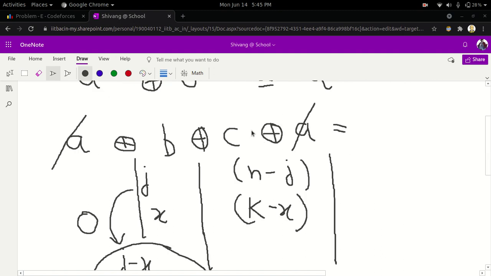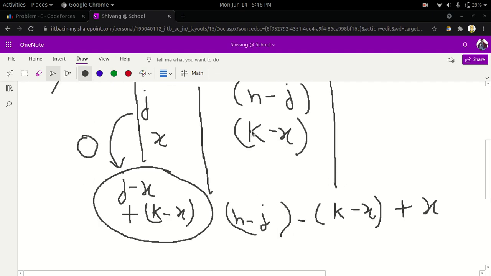The jth node corresponds to the state where j elements have occurred in the XOR sum an odd number of times. N minus j elements would have occurred an even number of times. We don't need to maintain a separate dimension for it because the total size is n. And our aim is to transition from the state 0 to the state n in minimum possible edges if possible. It may show that it's not possible, but we don't have to think whether it's possible or not. The pathfinding algorithm will tell us.